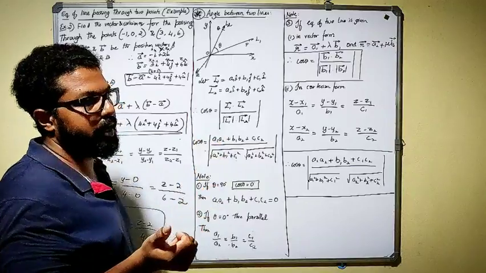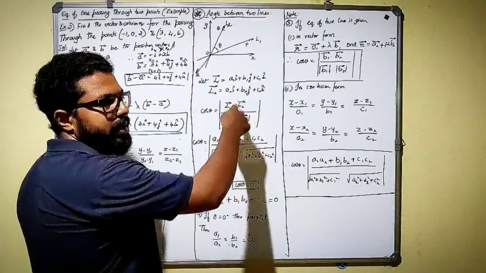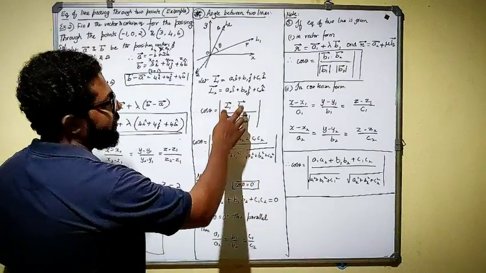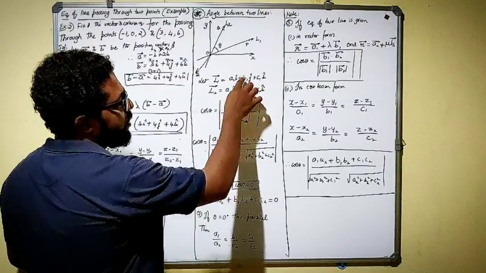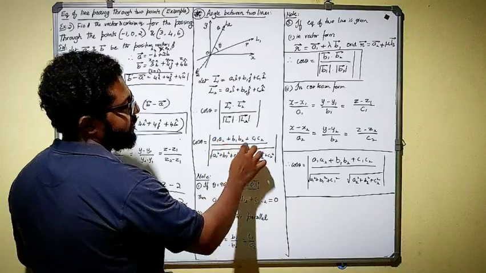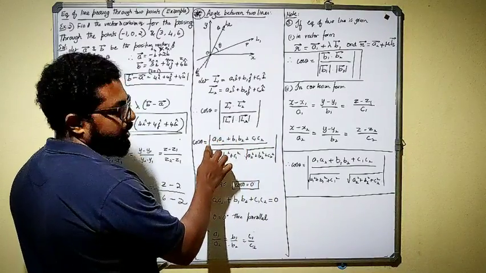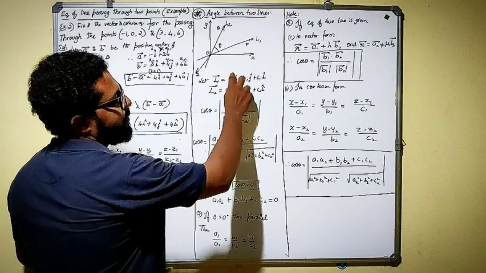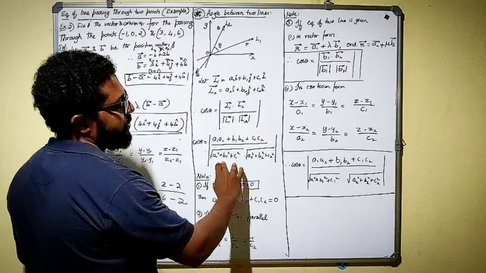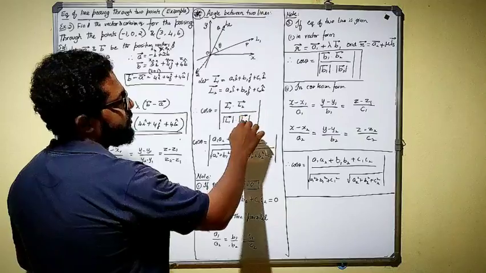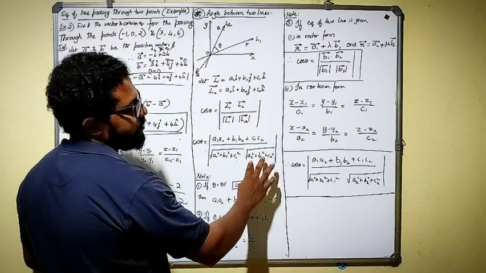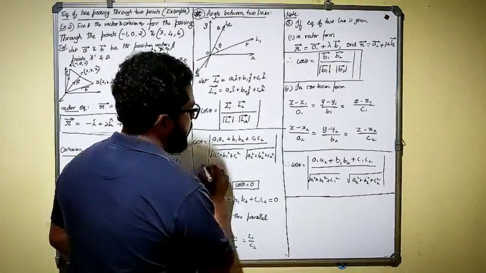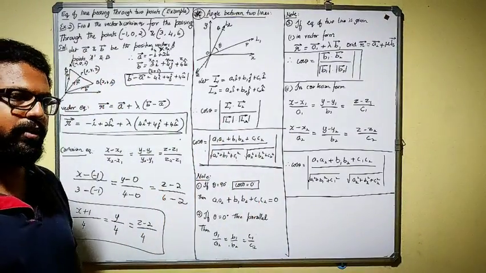And the dot product formula, I know what it is: simply the multiplication of components and adding them. Recall the dot product formula. L1 dot L2 is nothing but A1 A2 plus B1 B2 plus C1 C2. That is the numerator. And the denominator: the L1 vector's magnitude is the square root of A1 square plus B1 square plus C1 square. The second vector's magnitude is the square root of A2 square plus B2 square plus C2 square. I simply substitute, and this is my formula to find the angle between the two lines.